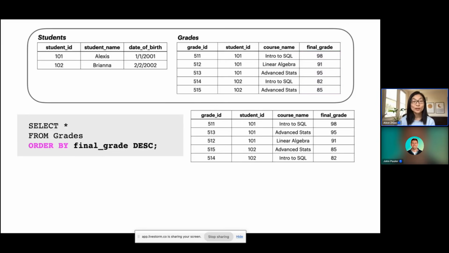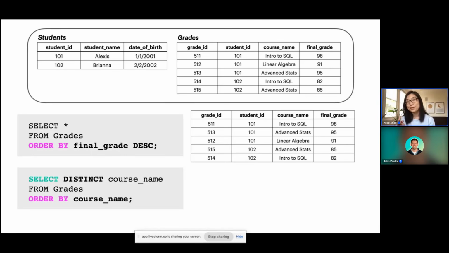And then here is a little bit more advanced query. What I'm doing is saying select distinct course name. Here's my course name column. When I do a distinct course name, it's going to take a look at all those course names and only return the unique values. Once it gets just the unique values, which are just 3 classes, it's going to order by course name, so it's going to order them alphabetically. Okay, so that is your demo of these 4 clauses.